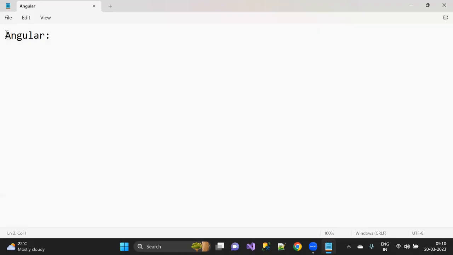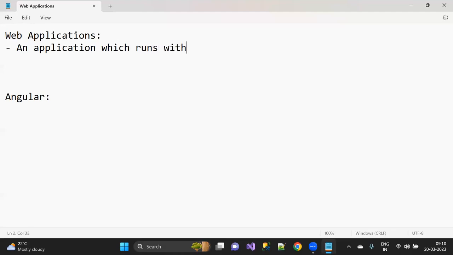But before I give exactly what Angular is, I'll give a quick overview of web applications. What is meant by a web application? An application which runs with the help of the internet is generally a web application.